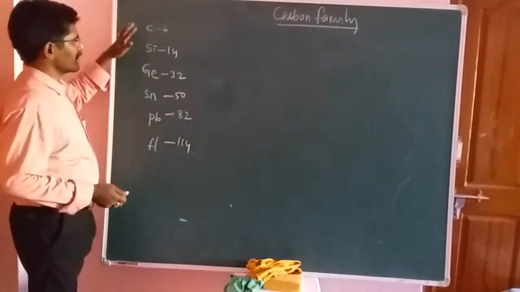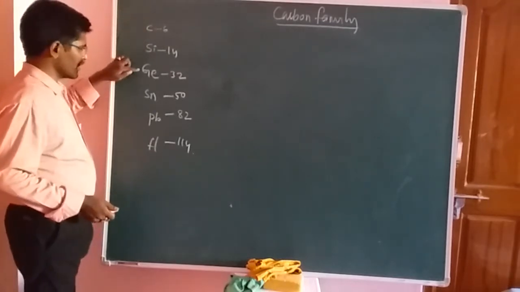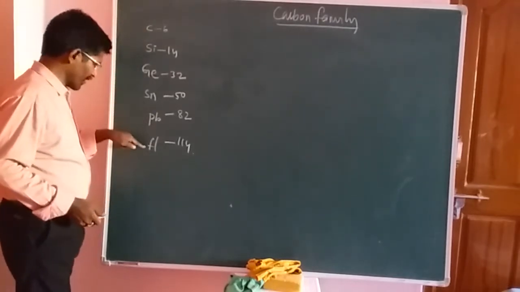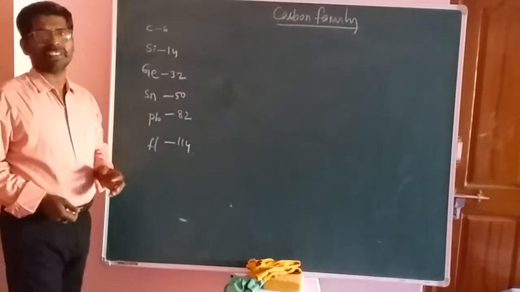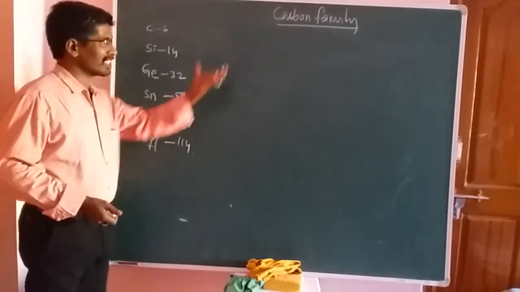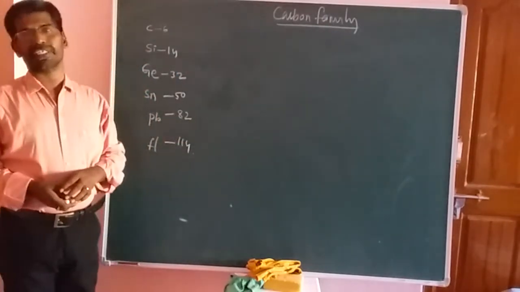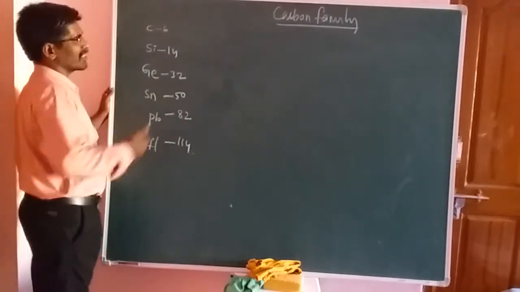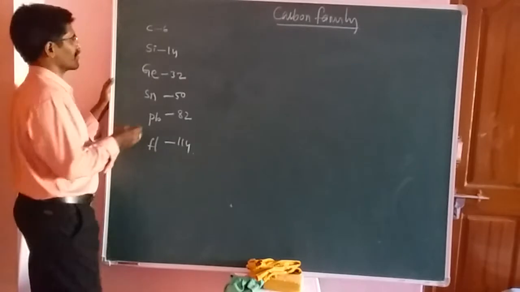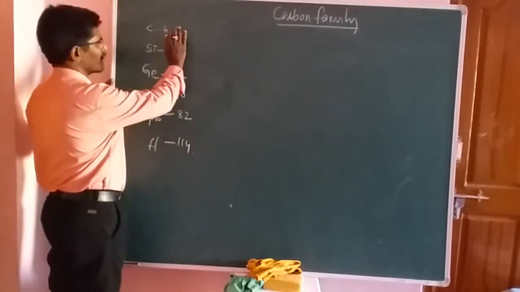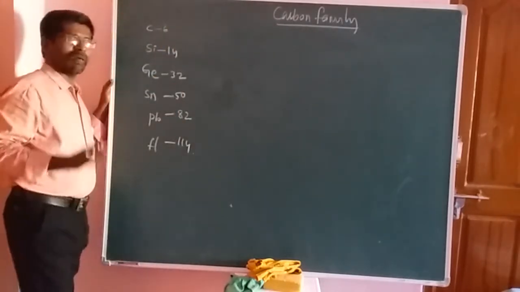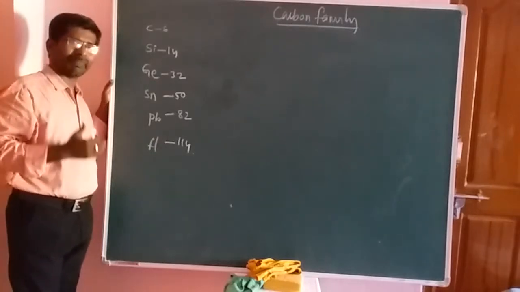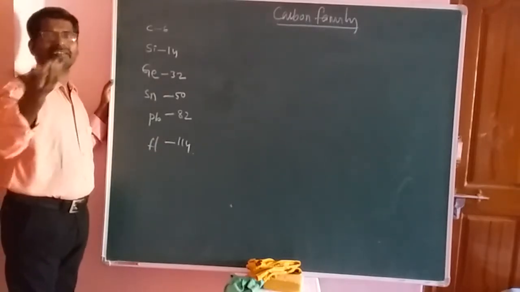Okay. Now once again carbon, silicon, germanium, tin, lead and flerovium. So these elements are arranged in that fourth A group or 14th A group elements. Okay, now clear. Now here, how will you write the electronic configuration for these elements? Actually we could write them one by one, 1s2 2s2 and so on. But actually here you have to write them by using noble gas electronic configuration.